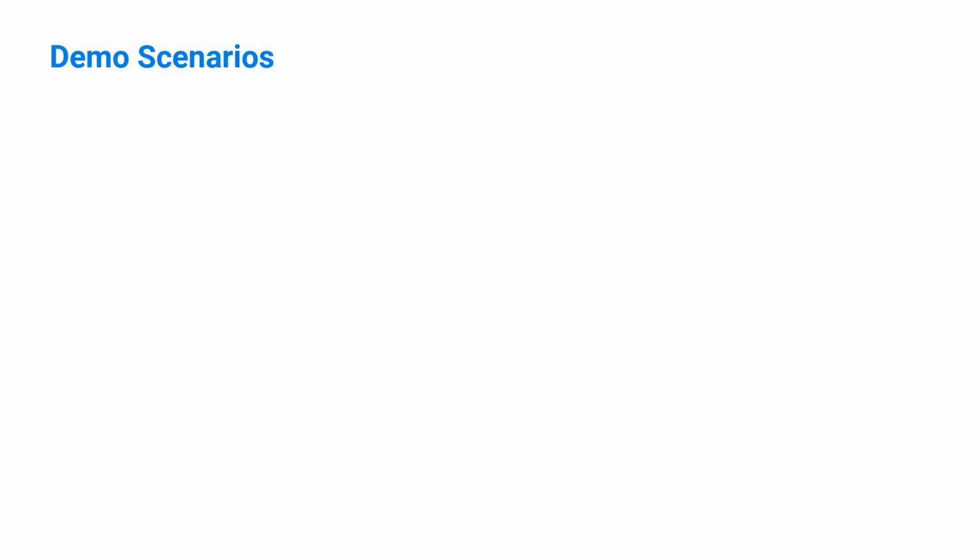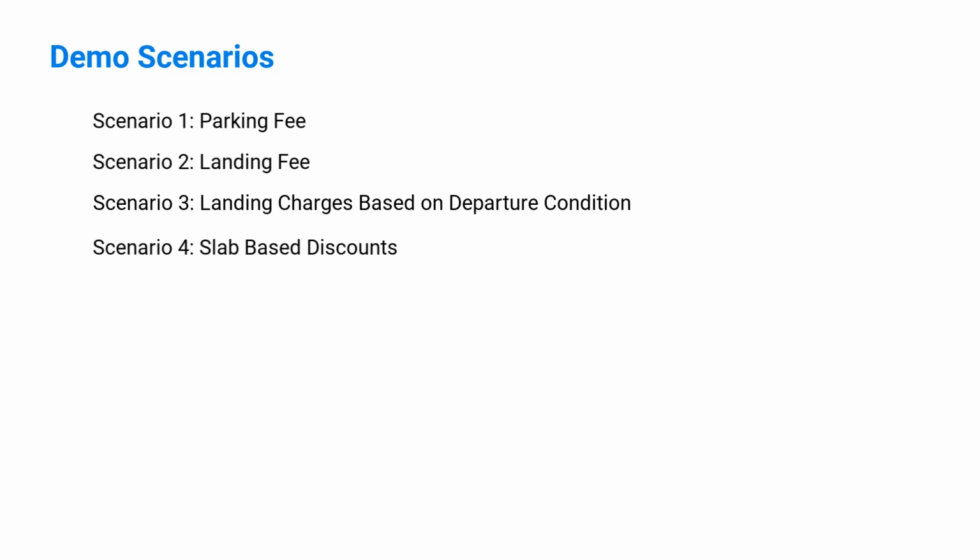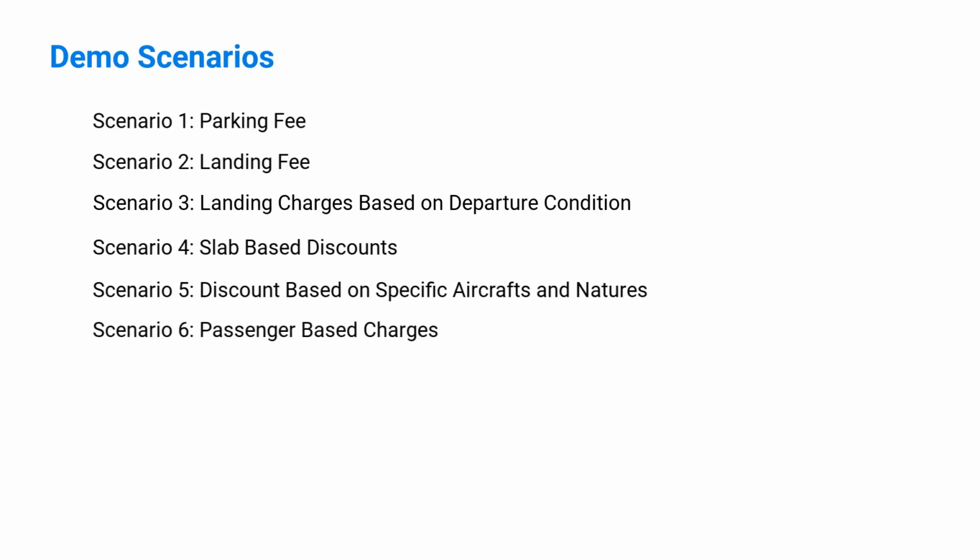In this short video, we will cover 6 scenarios. Parking fee. This is calculated based on the number of hours the plane is parked in a parking bay. Landing fee. This is calculated based on the maximum takeoff weight. Landing charges. Any surcharges for peak hour landing. Slab-based discount. Discount given on the number of landings for flight. Discounts based on specific aircraft and nature. Passenger charges based on the number of passengers in the flight and the class, such as first class, business class,